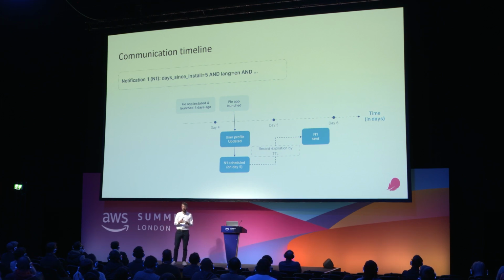But before going deep into how this tooling works, I want to explain how the communication timeline works. We use the same rules as you've seen before, but we have a time component for this rule. For example, we can schedule a message to the user on the 5th day of usage of the app. Or it might be some other day, it might be a particular time, it might be scheduled for the morning or for the evening. How it works: users open the app, we start logging time for this user, and then when the time comes, we send the push